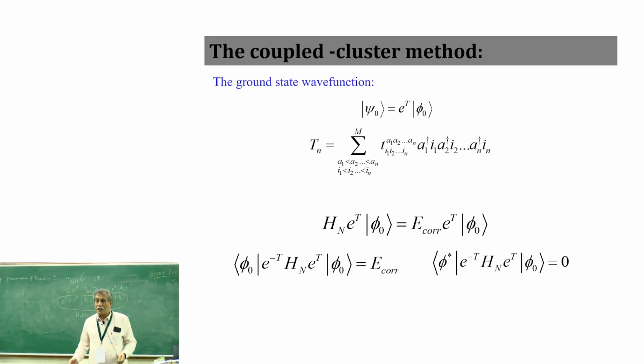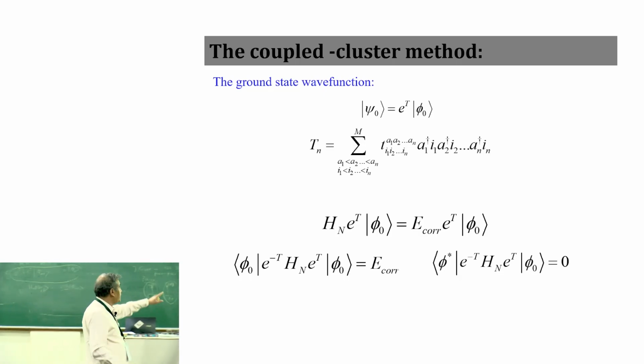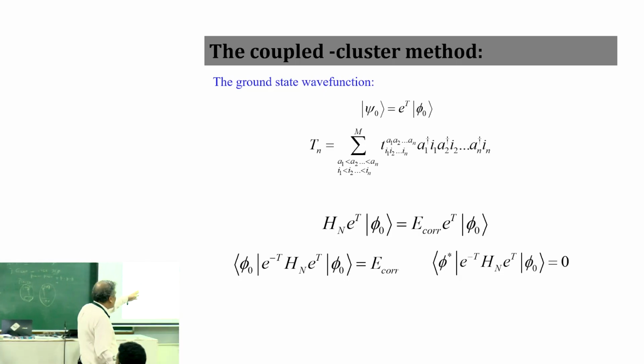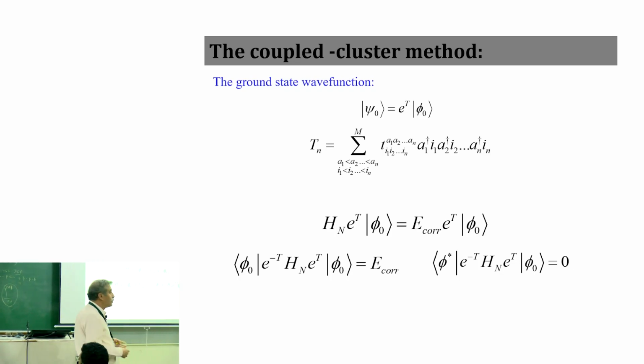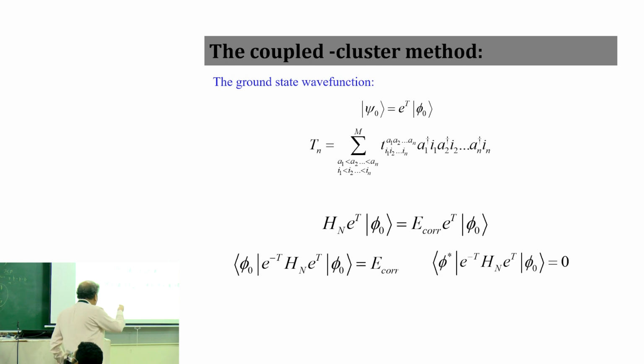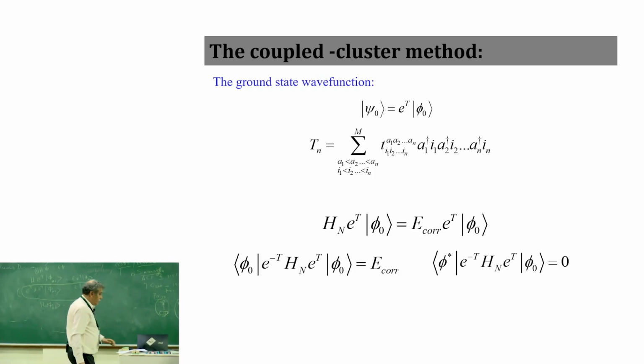But again, this could not have been done if it was not exponential. Because if I do a similarity transformation with the CI, it will not cancel. Right? If I do 1 plus C and 1 plus C inverse, it will cancel by brute force, but it will not have the effect of the Baker-Campbell-Hausdorff expansion. So I will show you the Baker-Campbell-Hausdorff expansion, which makes it much easier to do.